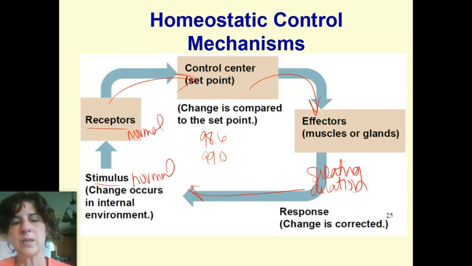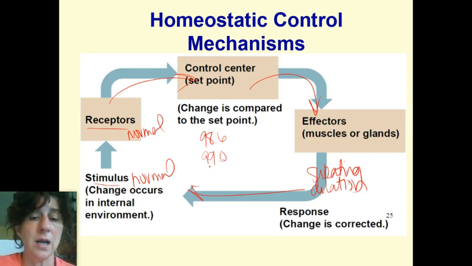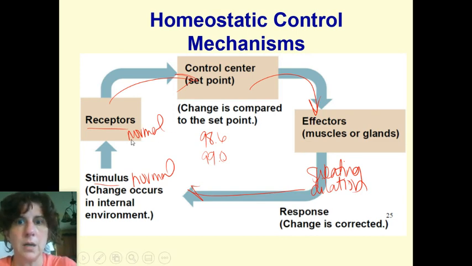Okay. But it's constantly doing this so that you don't get out of control, because if you start increasing, 99, 99.2, 99.4, it's going to rapidly become a problem. So you want to make sure that it doesn't get outside of that range too quickly or before you can take care of it. So it's a constant update process.